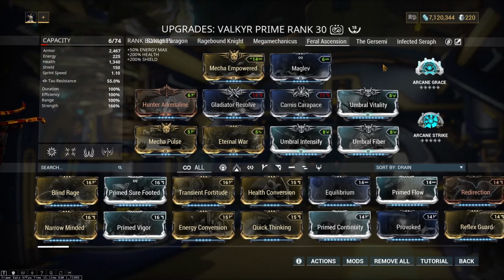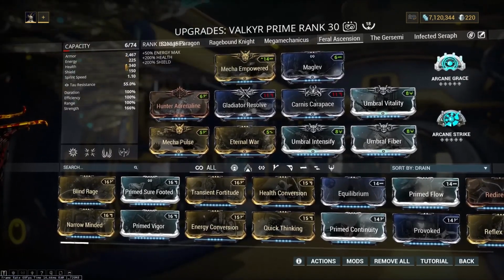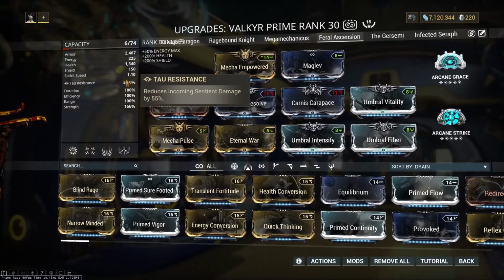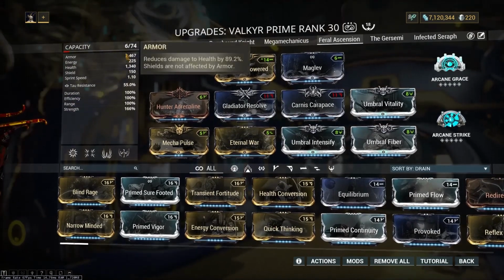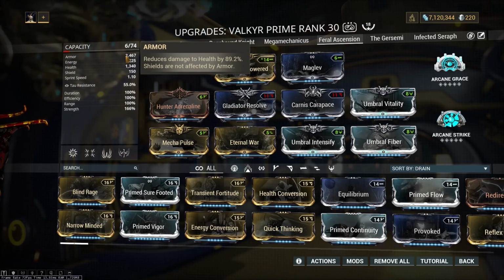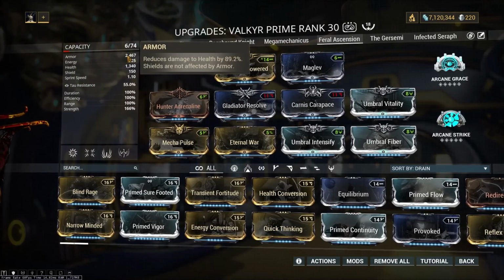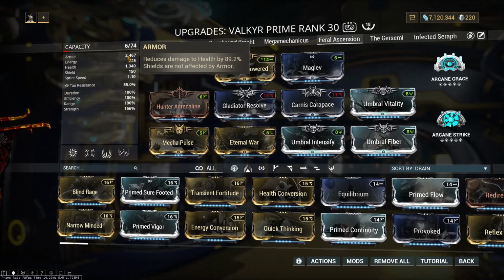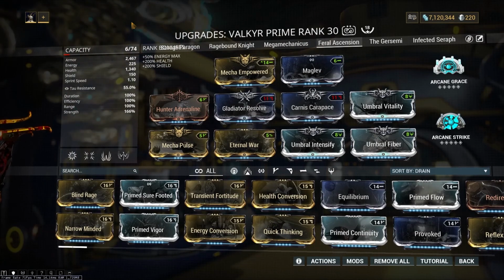So, with this build, I went for full survivability, as Valkyr herself has all the tools necessary to wreak havoc with any strong melee weapon, and I do love bolstering her insane base armor value with even more armor. A fully buffed Umbral Fiber with Carnus Carapace grants an insanely beefy 2,467 armor. That's 89.2% damage reduction, so yeah, not much will kill you outside of high-level Void missions, especially with Arcane Grace